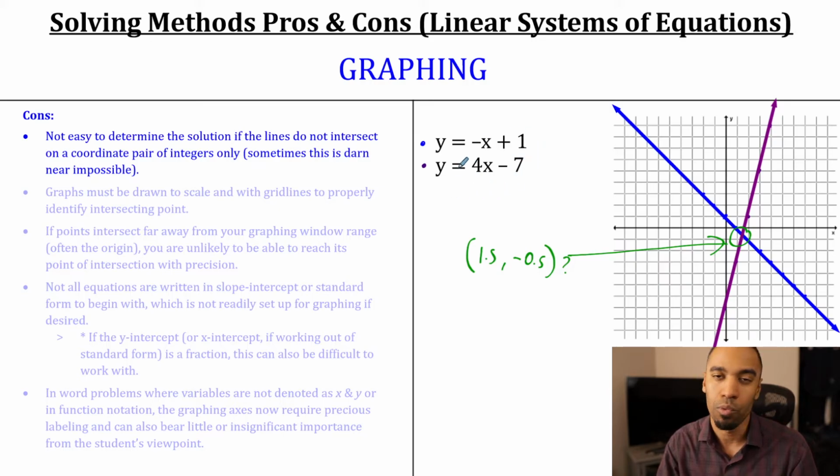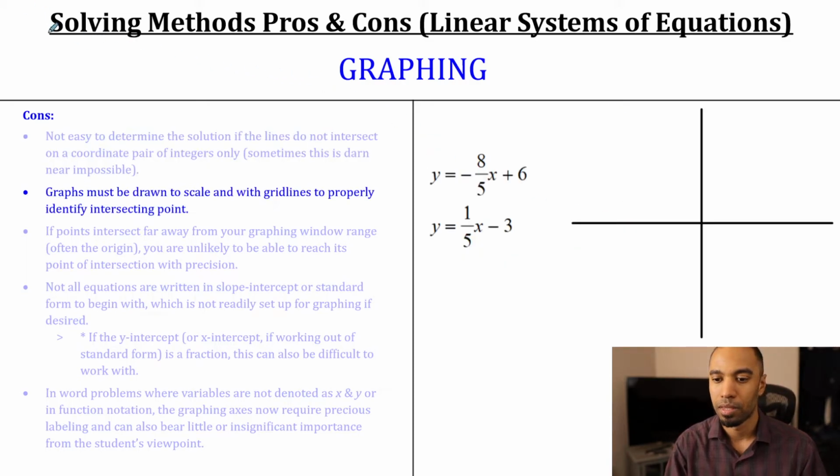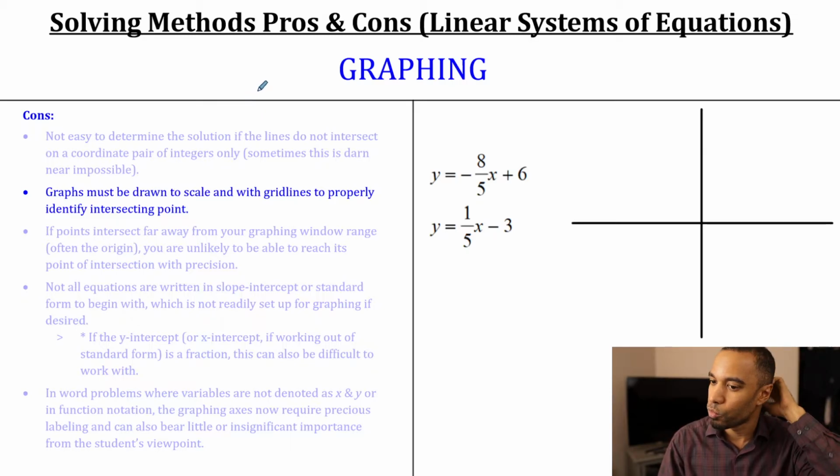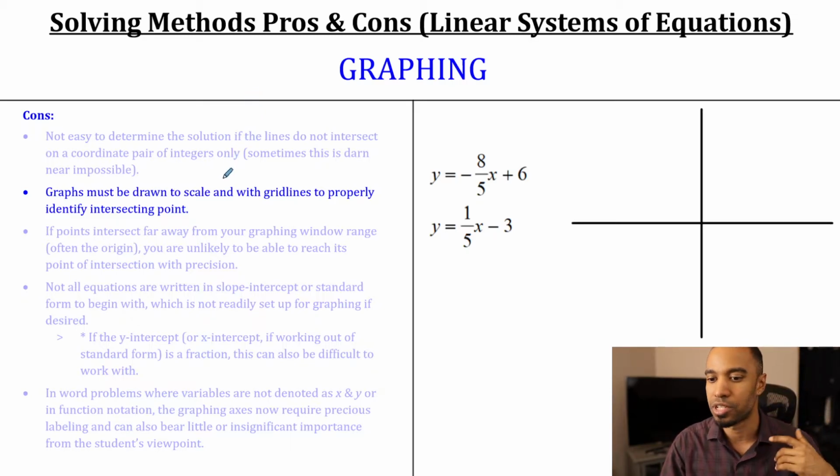And here's the thing. I wouldn't have known from the beginning that that was going to happen. So I might try and graph it and go, uh-oh, now I've got to try another one. So sometimes it's like a false start. Okay. Graphs must be drawn to scale and with grid lines to properly identify intersecting points, I think I was